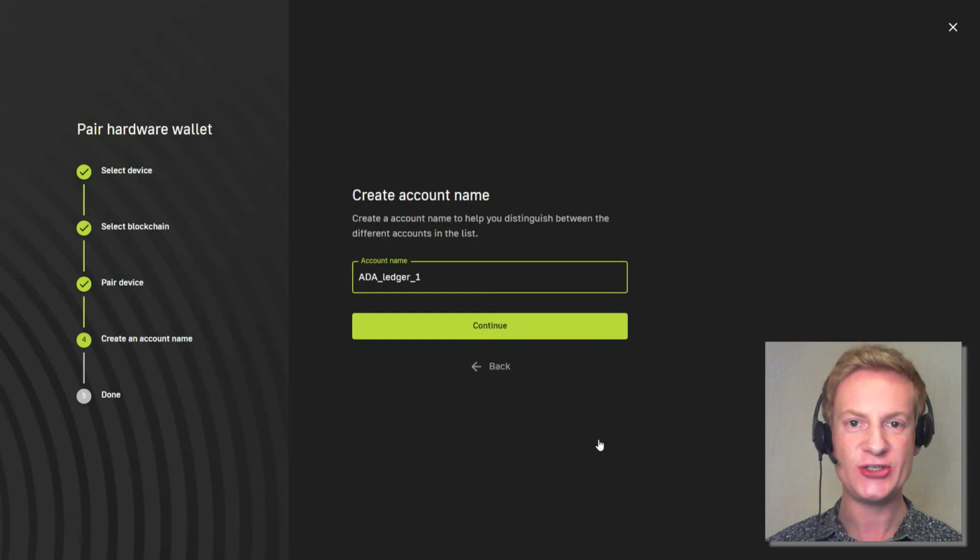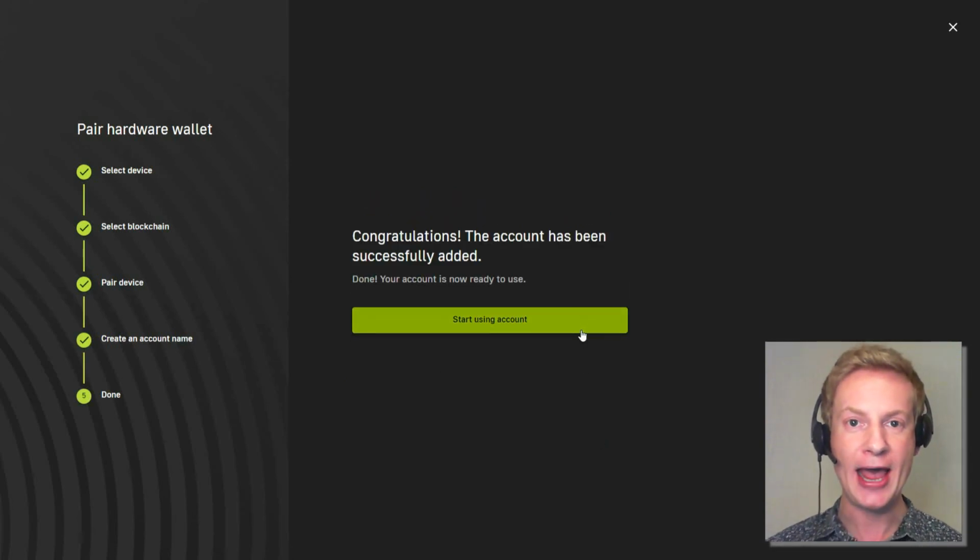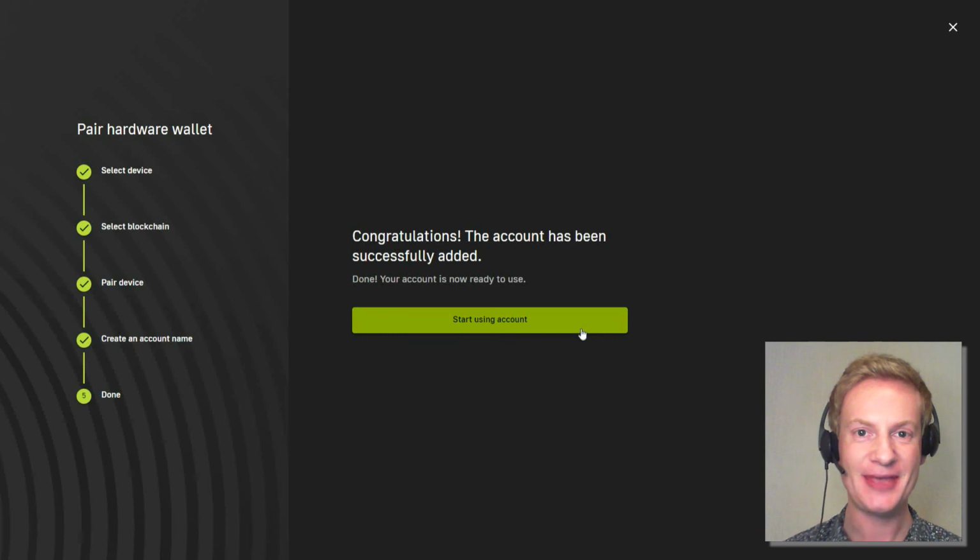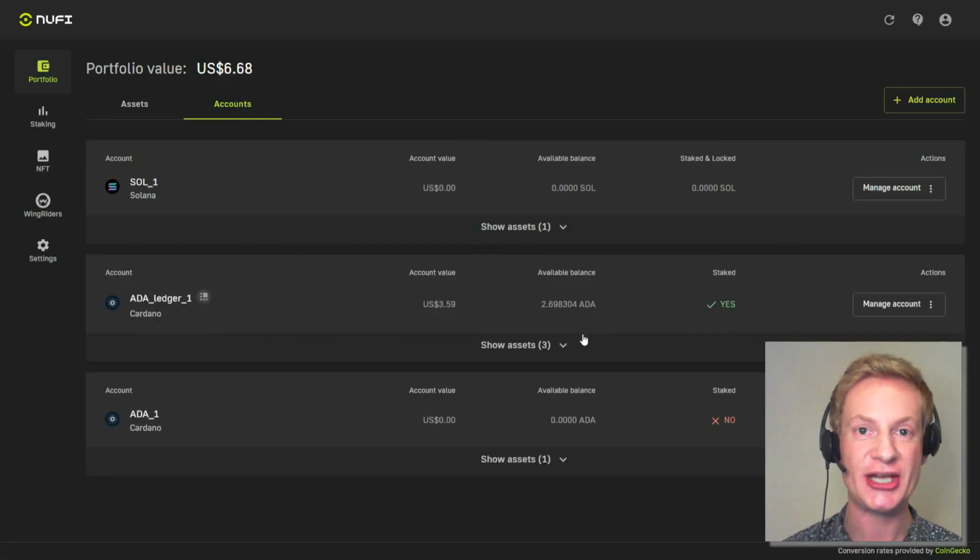You can see that I created multiple accounts on AdaLite, and each account needs to be imported individually. I'll start with this one and go with the default account name for now, though accounts can be renamed at any time, so I'll just change it later. And we're done. Here we can see the first of my Ledger's accounts added successfully, along with my ADA and